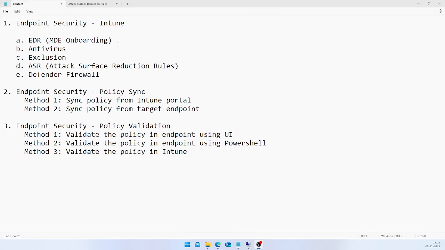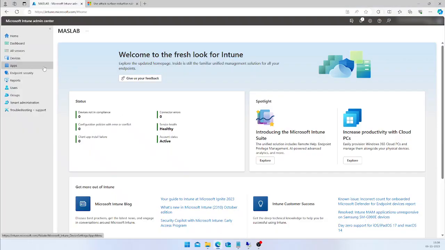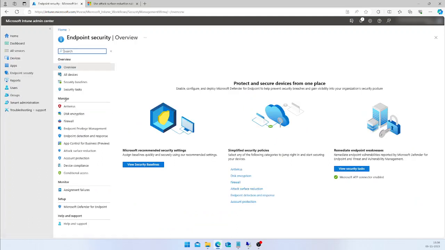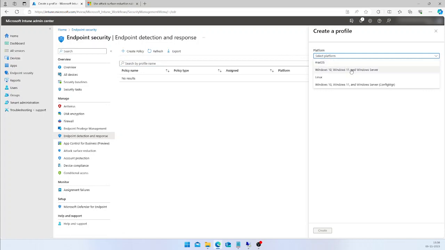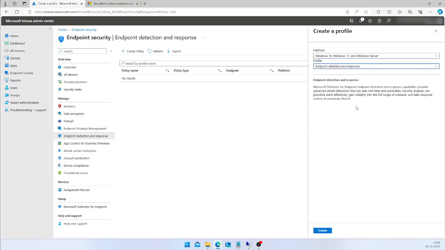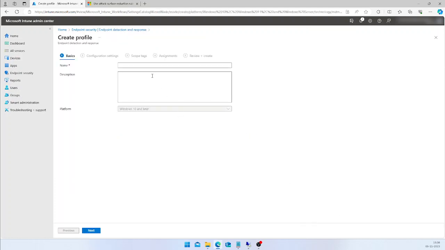So as a part of method one, I'm going to create the EDR policy. For that, I'm going to my Intune admin center, and here I can click on the endpoint security section, go to the manage section, and you can find endpoint detection and response. Here I'm going to click on endpoint detection and response, create policy. I'm going to choose my platform Windows 10, 11 or server, since my target machine is going to be Windows 11, and then I'm going to select the profile as endpoint detection and response, click on create,